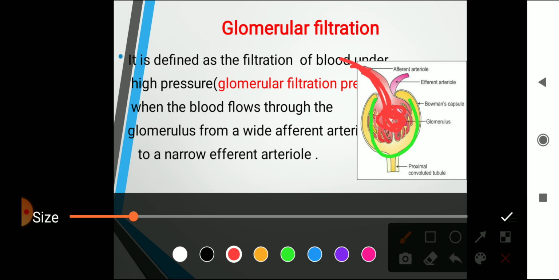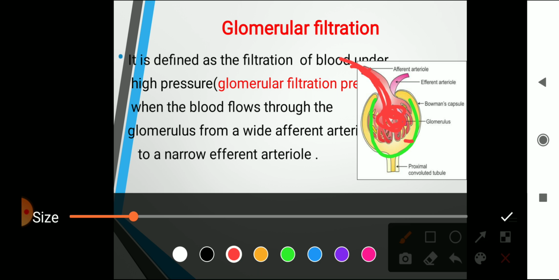Now inside the glomerulus, that is inside the Bowman's capsule, there is a membrane. A membrane will be formed, of 3 layers. Filtration takes place through 3 layers. One is the lining of the Bowman's capsule, another one is the basement membrane, and another one is the lining of the glomerulus. So through these three layers, the blood gets filtered, and the inner lining of the Bowman's capsule is lined by